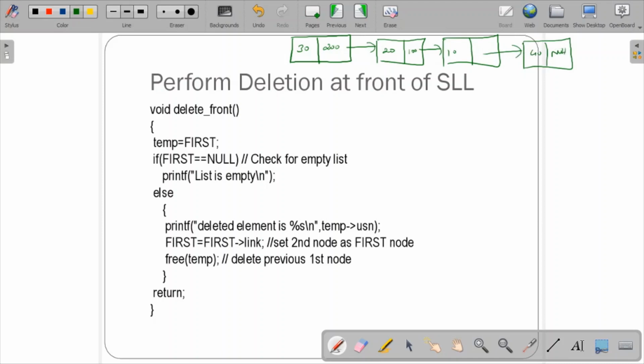This is null, and here it was 400. So this is 30, right? So the memory address I gave was 300. For this I had given 200. Let it be 100. Let it be 400. So after doing insertion at front and insertion at end, finally I landed up with this many number of